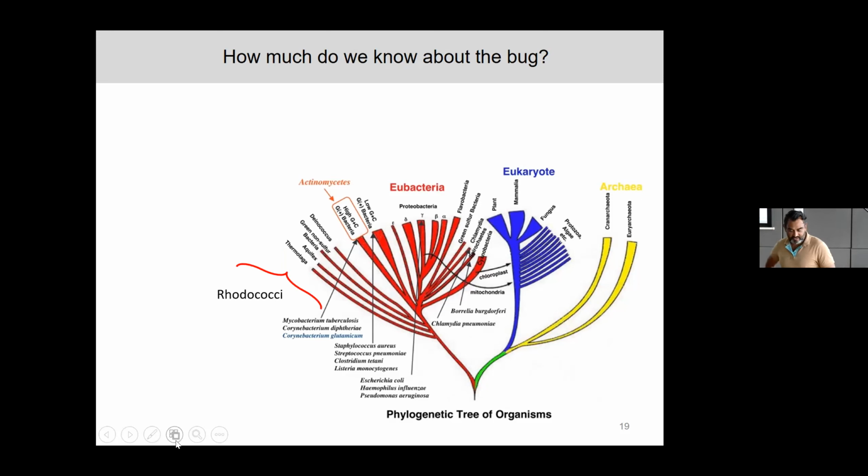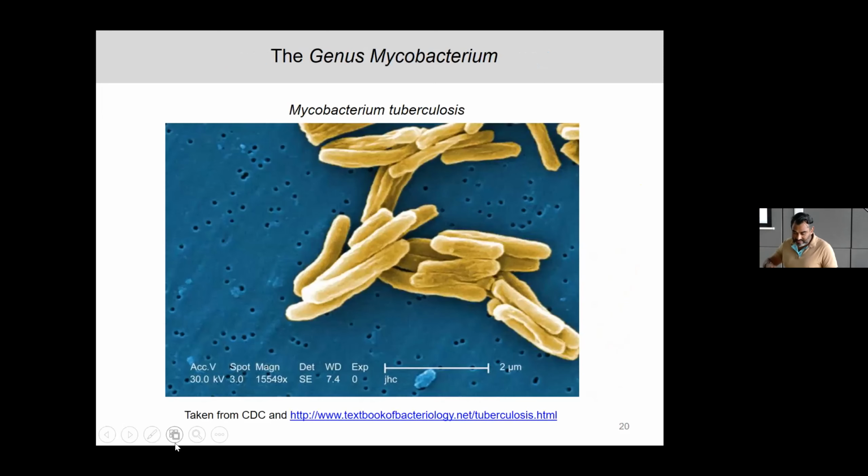And this sort of red branch of life, where you find actinomycetes, has several interesting organisms: rhodococci, corynebacteria, those of you that take vitamin supplements, most of them are produced in corynebacteria. And then you find this group of organisms called the mycobacteria. And so Mycobacterium tuberculosis and other mycobacteria cause many clinical infectious diseases. Things like leprosy, I'm sure you've heard of leprosy, is caused by Mycobacterium. Buruli ulcer is caused by Mycobacterium, but TB is caused by Mycobacterium tuberculosis. And so it's this rod-shaped organism, and we will come back to this when we talk about integrated image data,